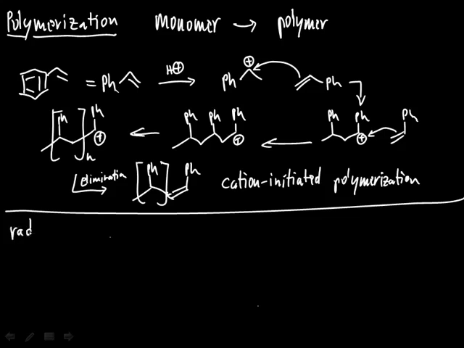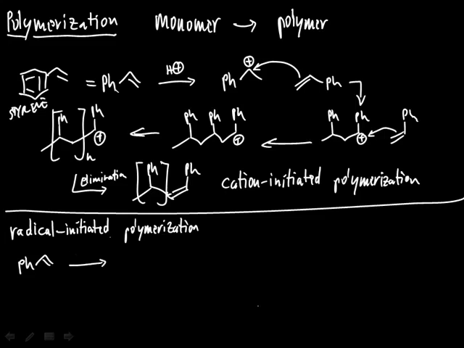Polymerizations can also be initiated by radicals. And while in this case we get a very similar product, we again get polystyrene, we get it through a completely different mechanism. So if we have, again, styrene, and we initiate this with some peroxide, then we'll get a radical. And this radical can react with another molecule of styrene to give us a growing chain, which will look like this,